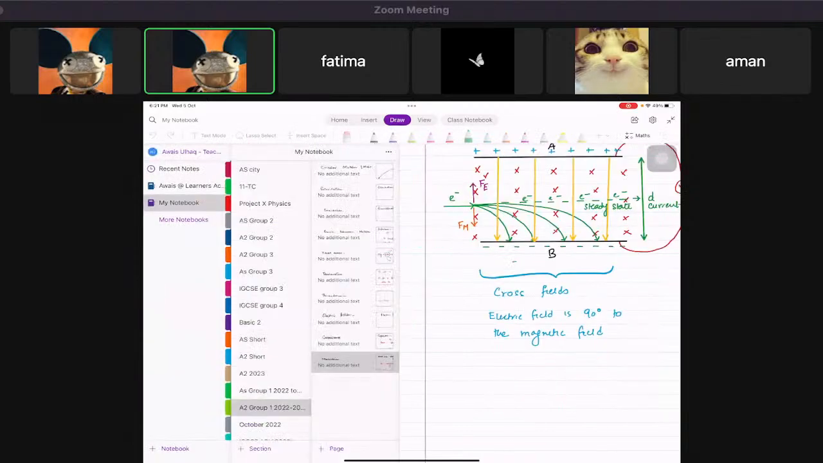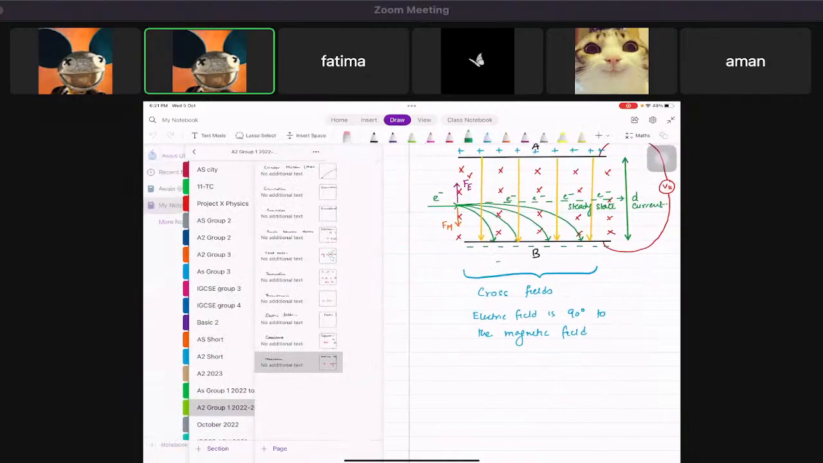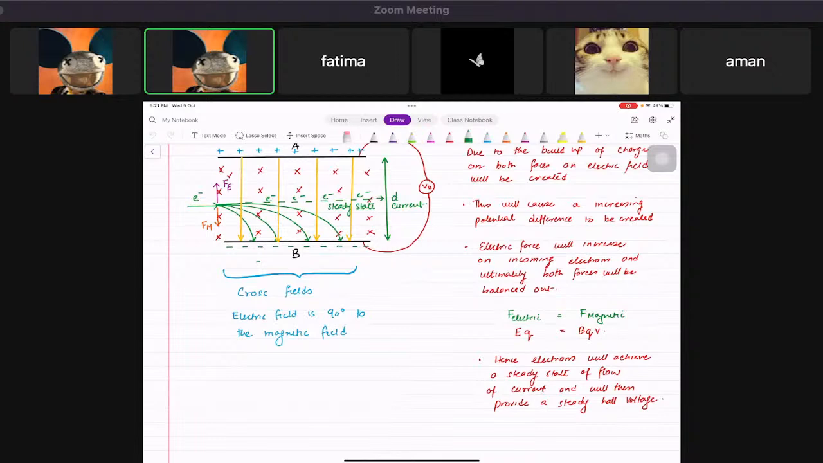Now, so today we are going to... Where were we exactly? We did cross fields. Okay, not bad. Now,